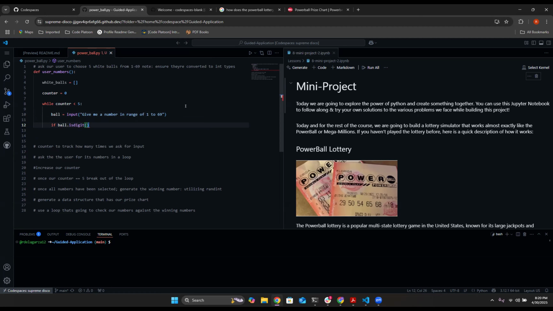It's going to take the string that is calling it and check if it can be converted to a digit, without actually converting it. It's going to check and then return to us a true or false Boolean type. When we say if ball.isdigit(), we're essentially saying if true, because this is what it returns to us. If true, or if you want to be very deliberate, you can say if ball.isdigit() is equal to true,